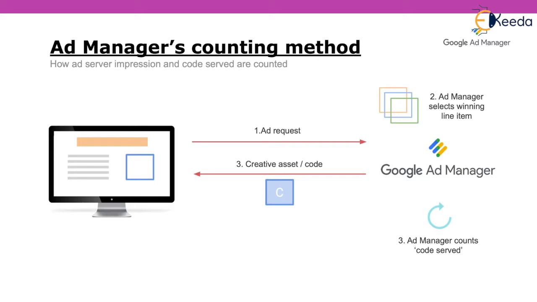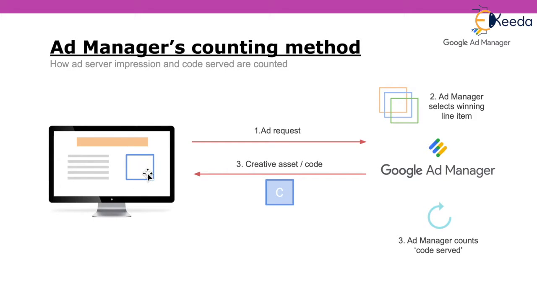We have all learned about the ad selection or the ad serving logic, and now let's see what happens. For example, the user visits the website and a request is sent to the web server, and the web server accepts the request, loads the content and responds with the page. This way the content gets loaded on the web page.